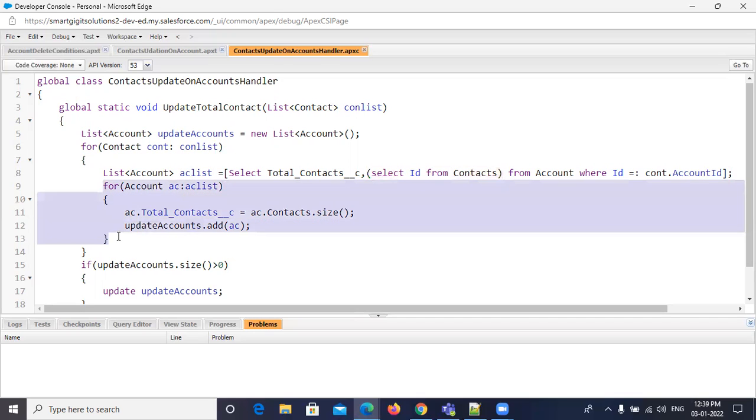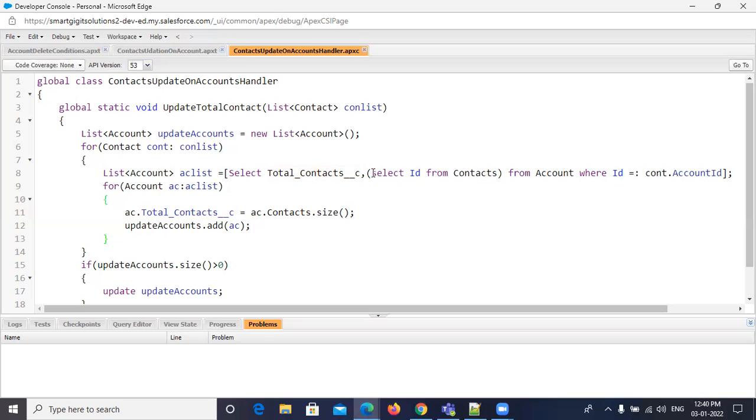Here again I am running a for loop. Okay, in this for loop I am updating. Look here, I am calculating AC, the account object, dot contacts dot size, meaning the related contacts. So here those contacts are collected and stored inside this total contacts.